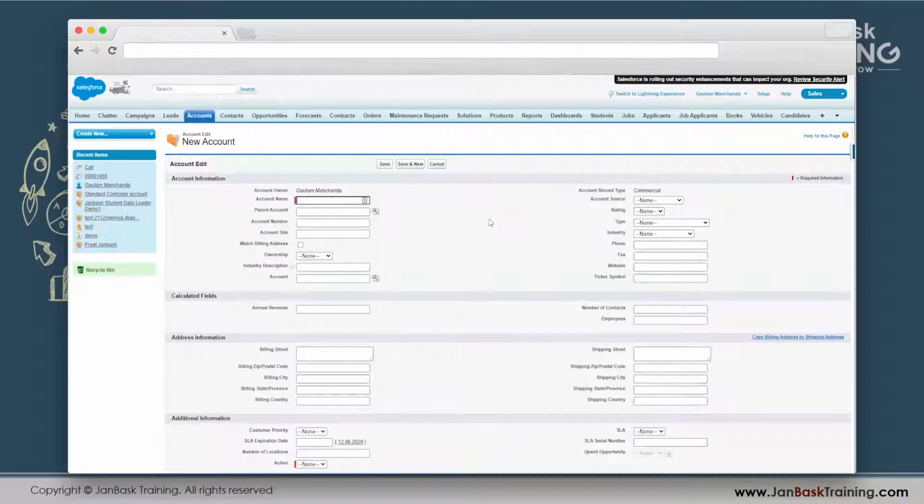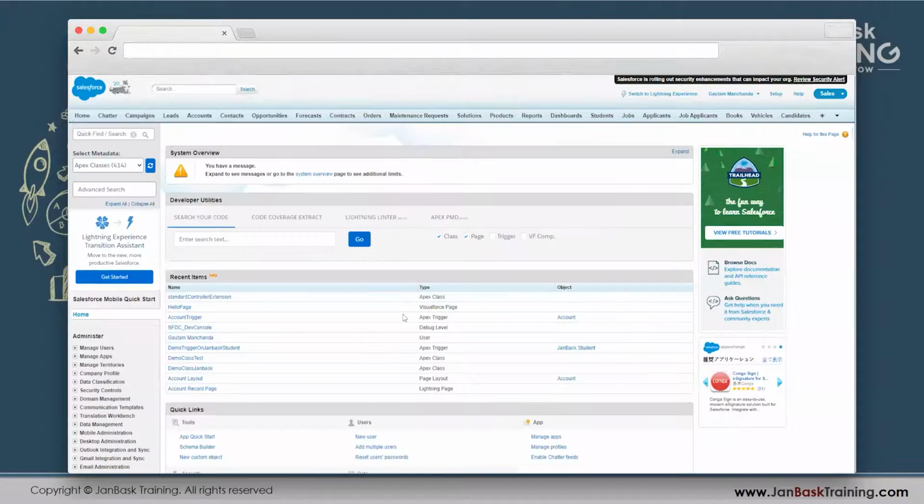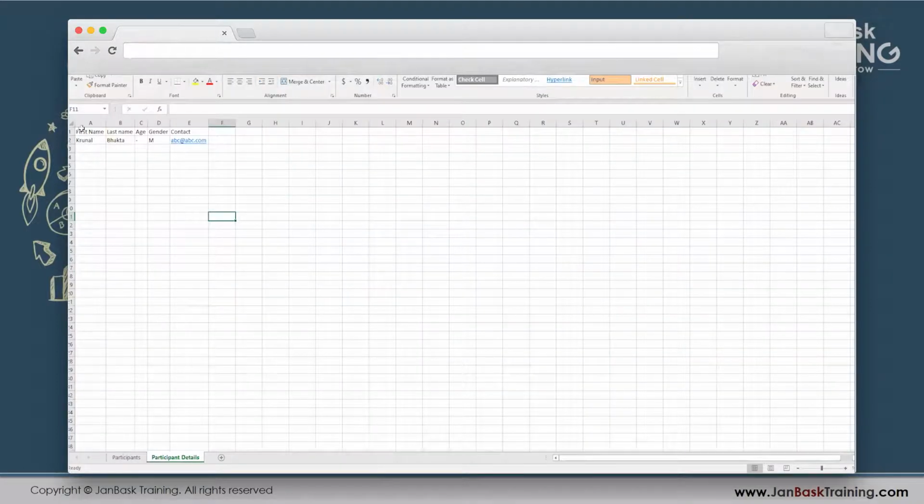So over here, if you want to add more fields, you can do that. If you want to allow more freedom to capture more info pertaining to your industry, you can do all of that over here. You can create custom fields and play around with it. But first we'll focus on how to go about it. Now, this is the info that I want to capture. I want to capture the first name and the last name.